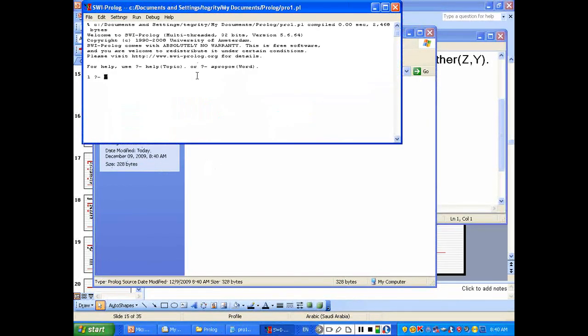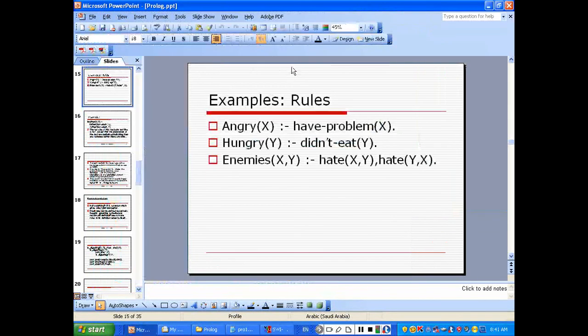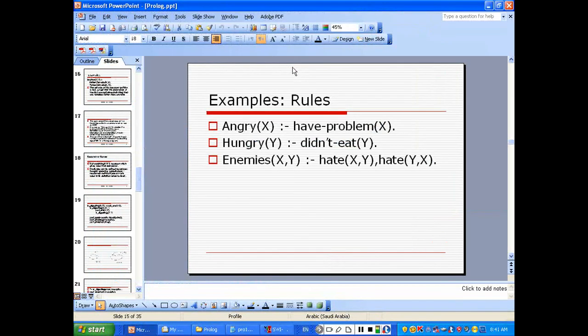Let's say, can I say hungry Sarah dot? It tells you true. Okay, who's hungry? With a variable, X: Sarah, semicolon, Ahmed. So this is basically the rules. It's really amazing. It's very nice. So at this moment, we have covered how we could define a set of facts and how we could define a set of rules. But do you remember what we